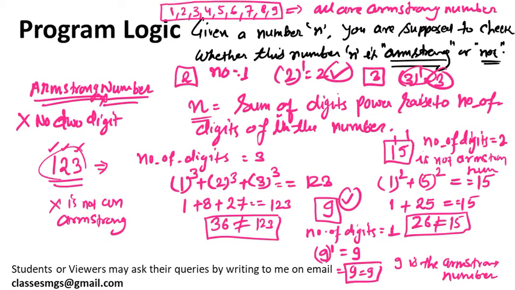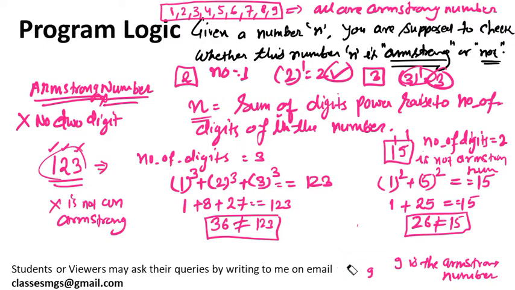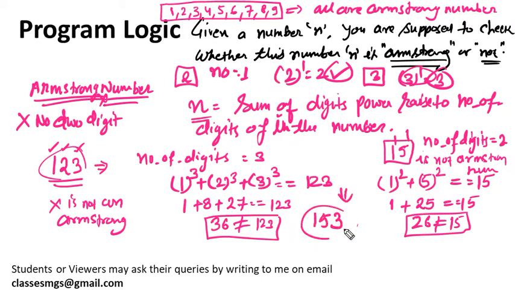So I am giving the example of that number to show how the Armstrong number works. Let's remove this 9 and calculate a 3 digit Armstrong number. There is no 2 digit number that is an Armstrong number in mathematics. So let's check whether 153 is an Armstrong number or not. How many digits are there? 3.